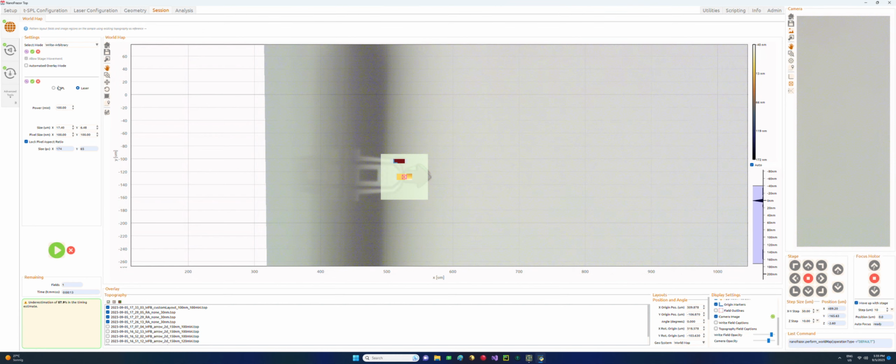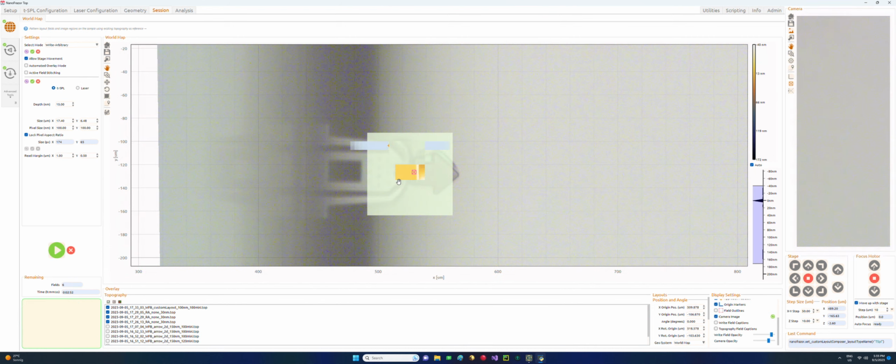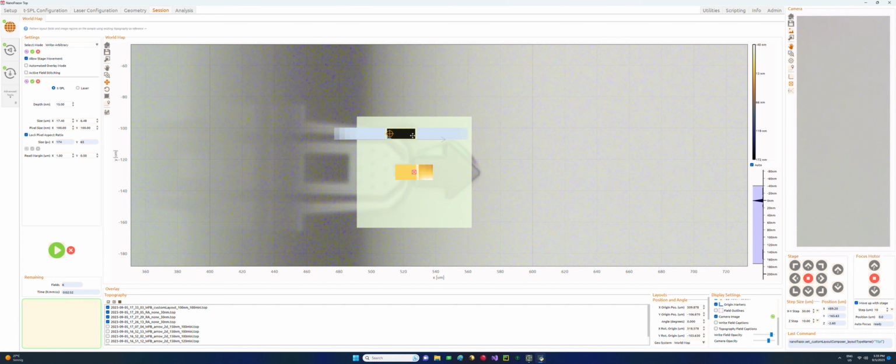And similarly, we can also do the same with the TSPL. So we put our pattern in here. And maybe we change our, you see we have 6 fields because we have very large pixel size, 100, which is very uncommon for TSPL. It's a pixel size that's common for laser.